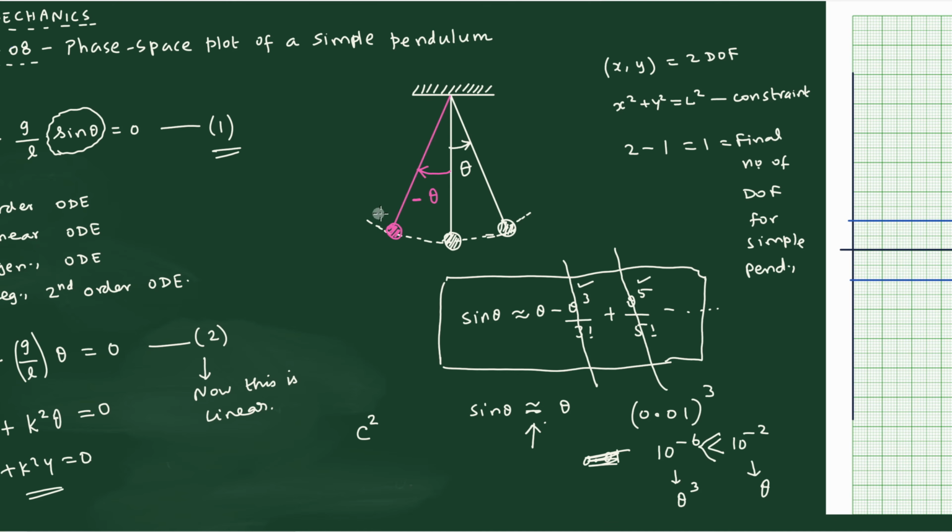So in this diagram, this is what I am trying to say. This is the place where we are going to start. We say the initial time, t equal to 0. At t equal to 0, I am going to hold the bob in this position, the pink color position, and then release it. That is what we mean by theta maximum. Maximum means this bob cannot go here. Once I keep it here and release, it will oscillate here only. It will never come beyond this theta. That is why we say it is theta maximum. It can of course reduce, that is fine. But why do I put the suffix maximum? Because the bob cannot come beyond this level.